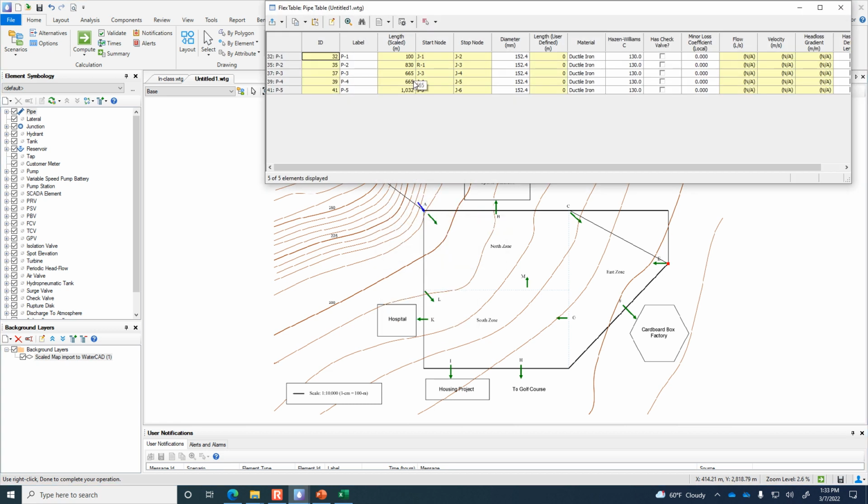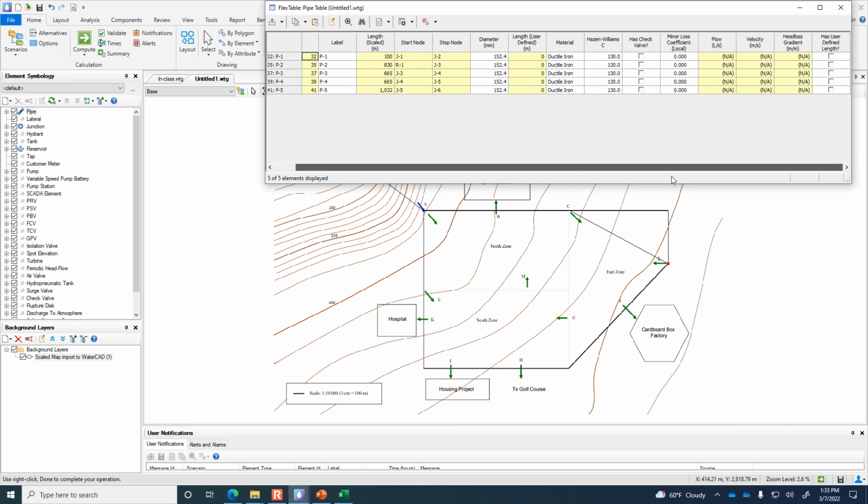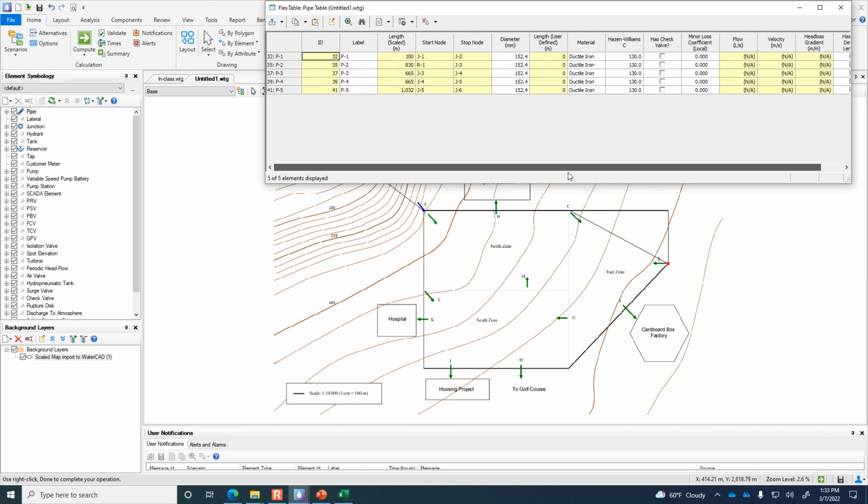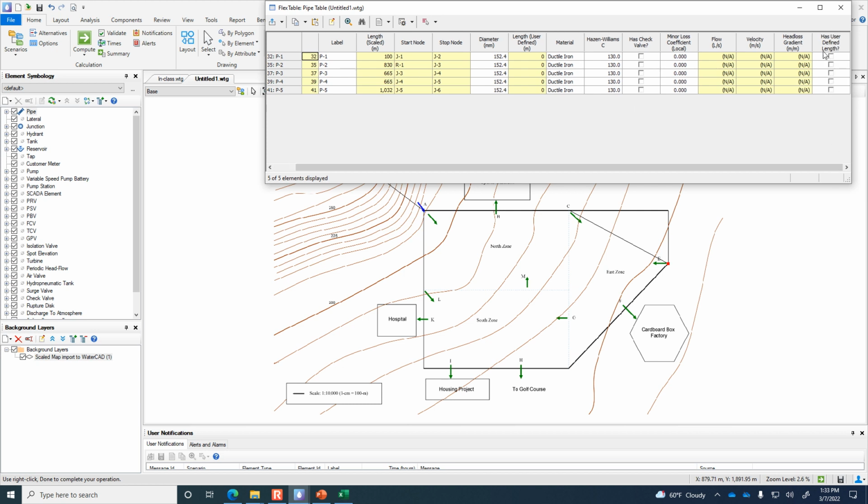And now they are, because I drew them on top of that scaled map. So here, length, 830, 665, 665. It still has that first pipe that I drew, this one that was 100 meters. But like these lengths, we no longer have to do the has user-defined length thing because the scaled lengths are